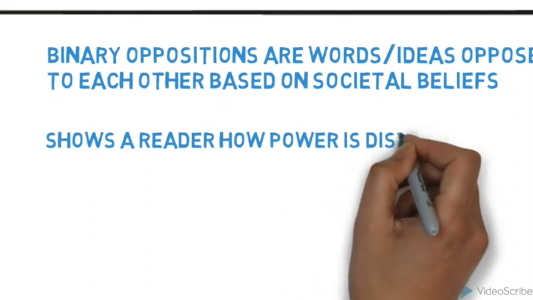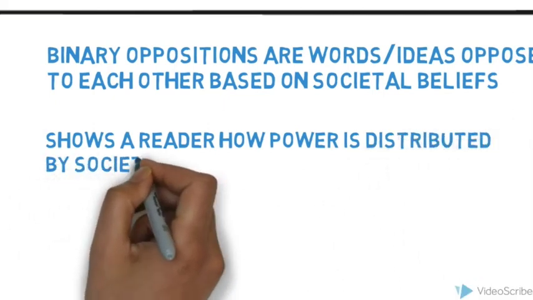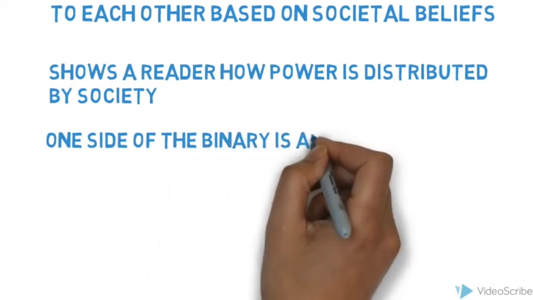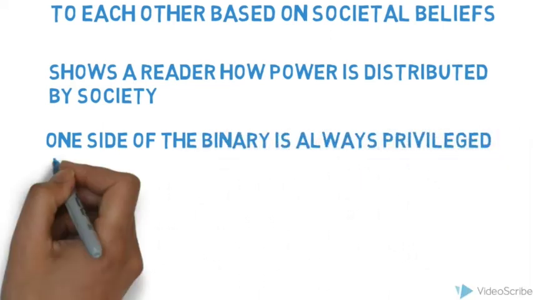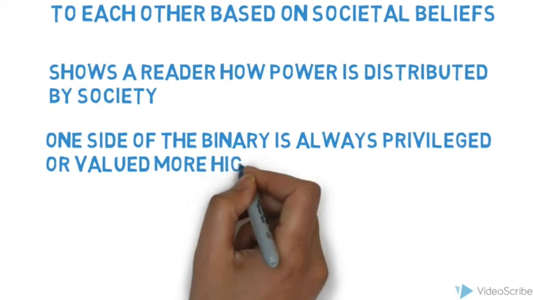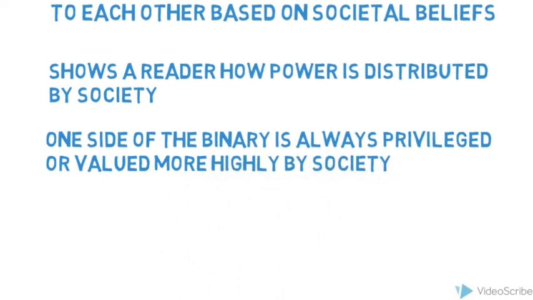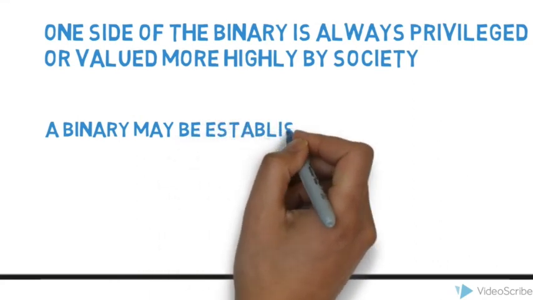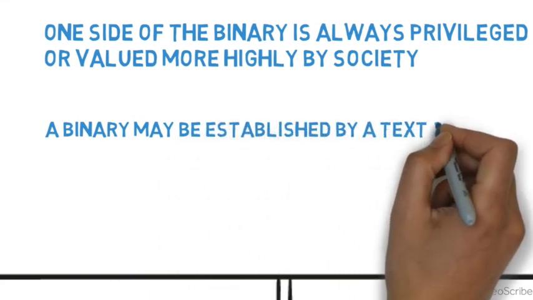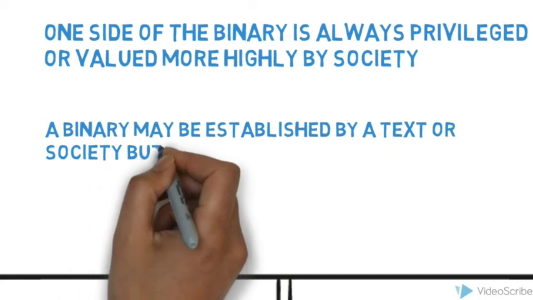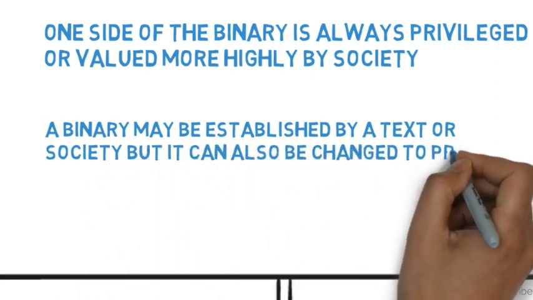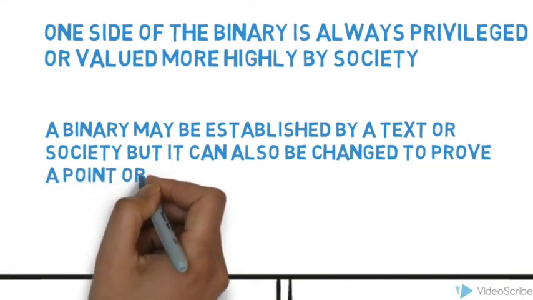In deconstructing a piece, a deep reading of the text focuses on the relationship between common binary oppositions in the work, such as male over female, good over bad, nature over society, and others, in which one term seems to be privileged or more highly valued over the other. And finally, one thing to remember is that while society may establish a set of oppositions and show privilege towards one, a reader might try to look closely at this hierarchy in order to show how it is not sustained throughout the work, in order to create even further understanding.